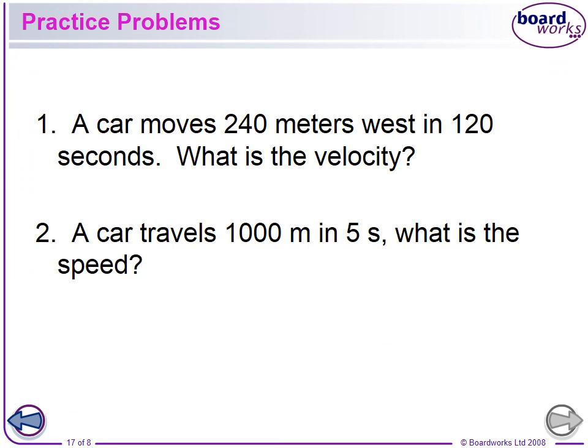Okay, so practice problem. A car moves 240 meters west in 120 seconds. What is the velocity? Now remember, velocity and speed are the same thing, only velocity has a direction with it. So you have distance, 240 meters, and you have time, 120 seconds. So speed equals distance over time. Don't forget that, even though it's asking for velocity. It's the same formula, just with a direction. So your answer would have to have